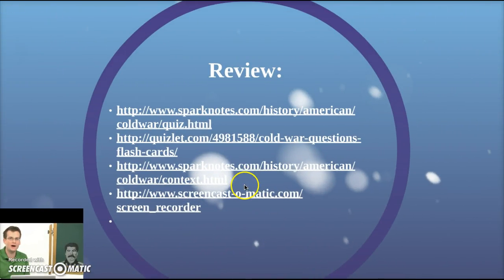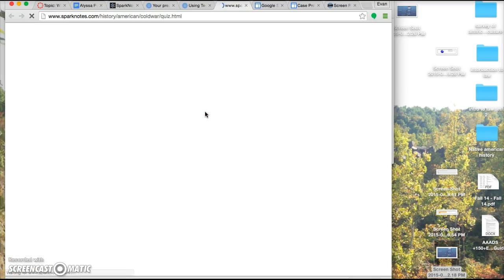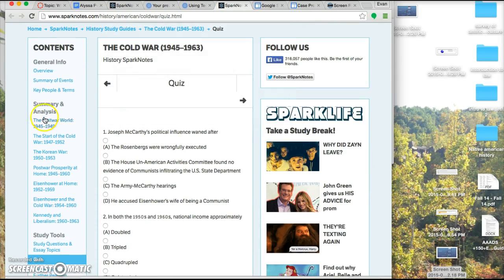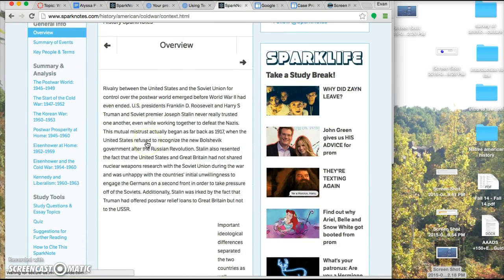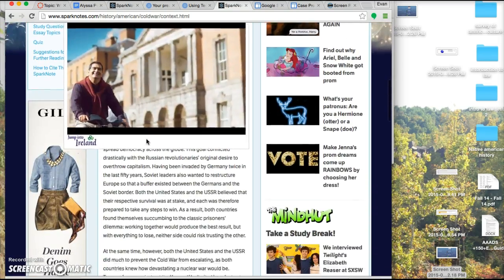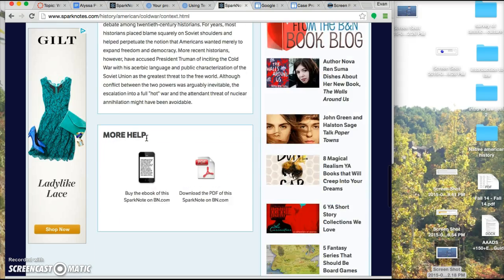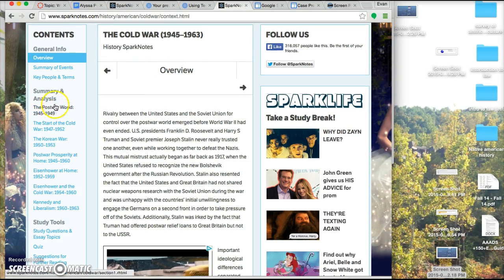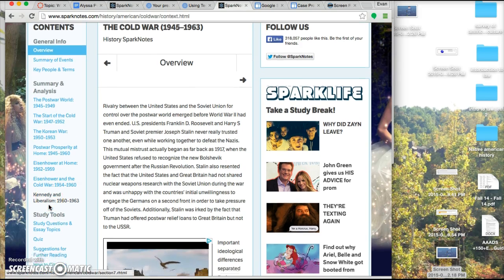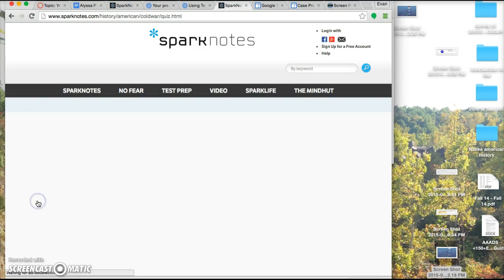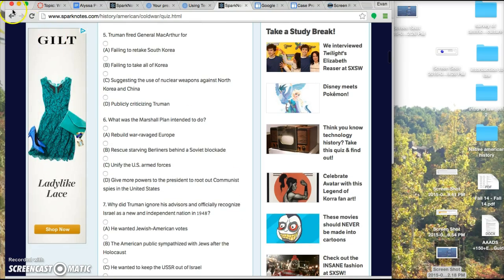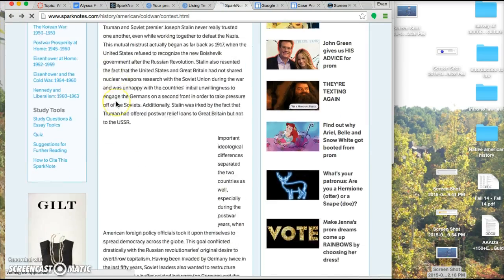So let's go into SparkNotes. When I click on this, it opens up the SparkNotes. You have an overview that kids can read to help review for tests and also during their lesson plan to help prepare for their new project. You have all the summary, analysis, and timeline on the side to help kids. And then there are also quizzes on here. And if you go back,